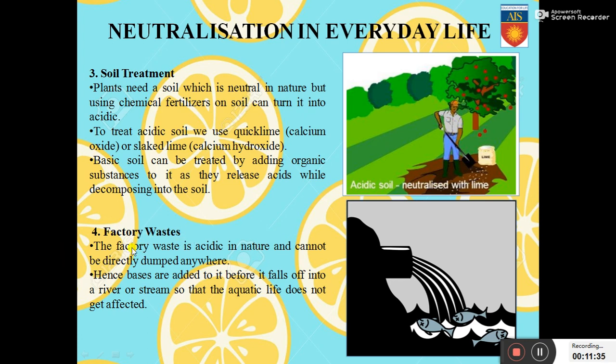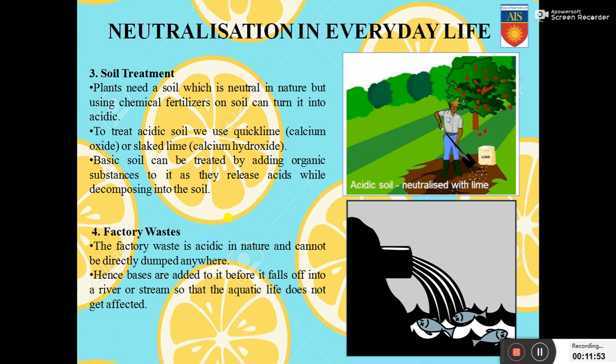Factory wastes. The factory waste is acidic in nature and cannot be directly dumped anywhere. Hence, bases are added to it before it falls off into a river or stream so that the aquatic life does not get affected. So, factory wastes, as we know, contain a lot of pollutants, a lot of acids,